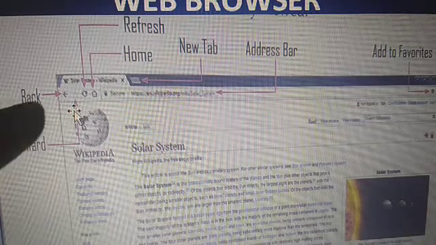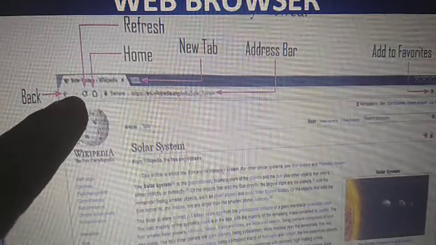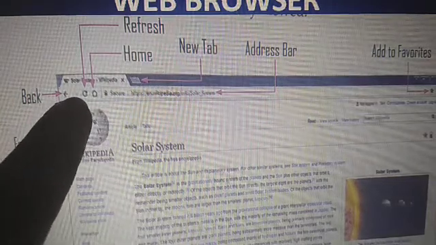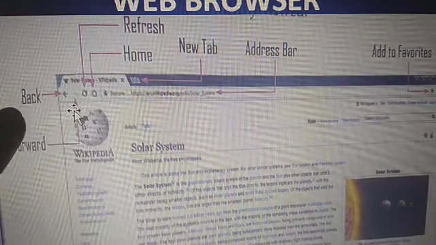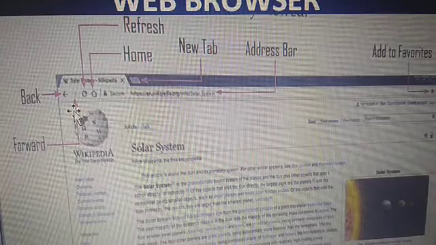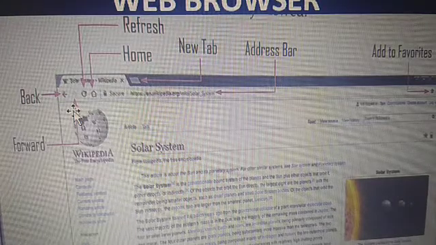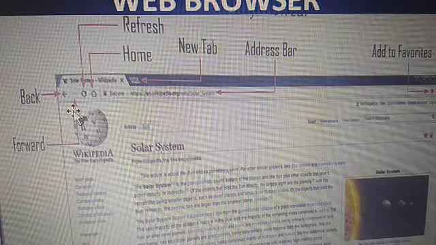This is the forward button. It is faded here, you can't see it, but the back button is visible. The back button takes us to the previous page, which had opened just before the current page.